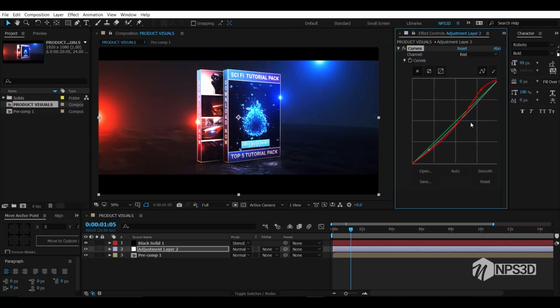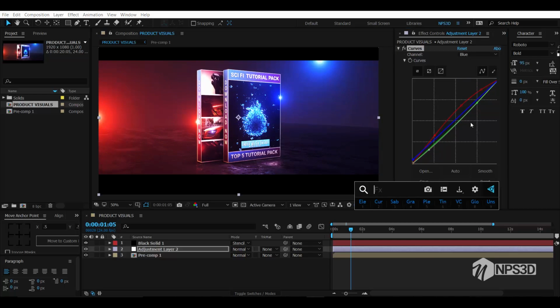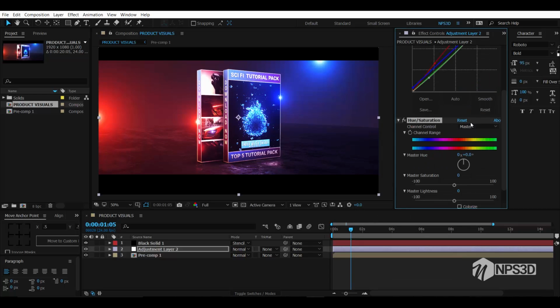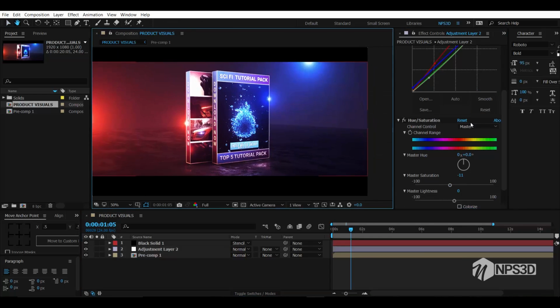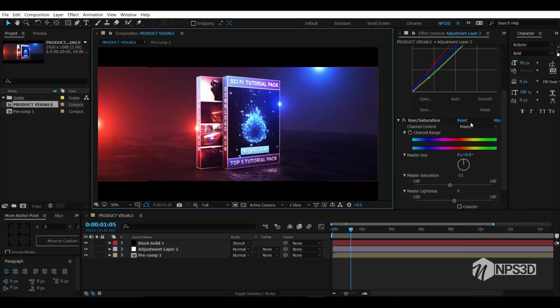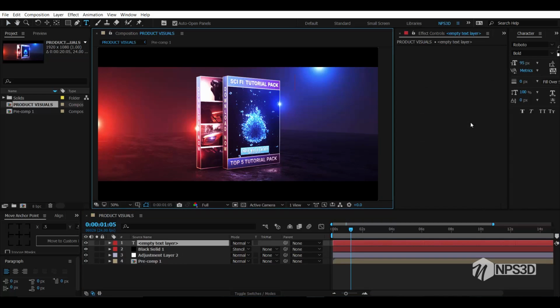Just choose red and green, down the green value, and the blue channel. So add some blue. Add an effect called hue and saturation and turn down the saturation a little bit. So almost good, and this is the idea how you can do your product,